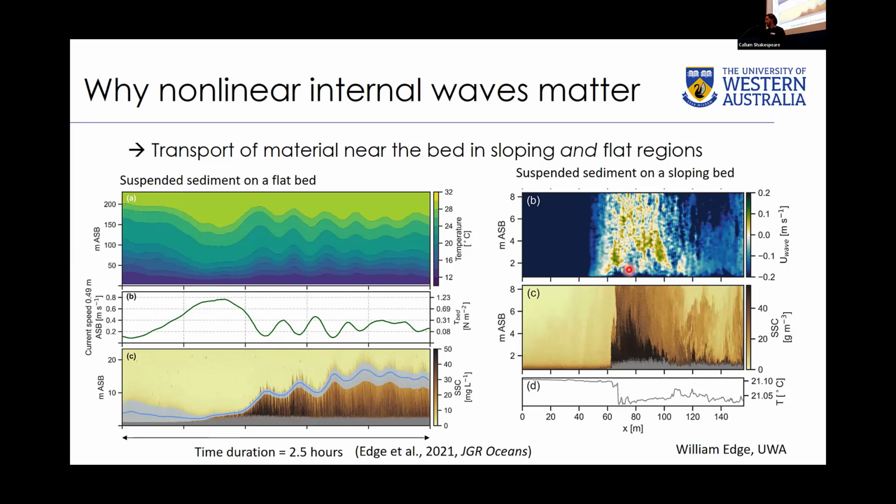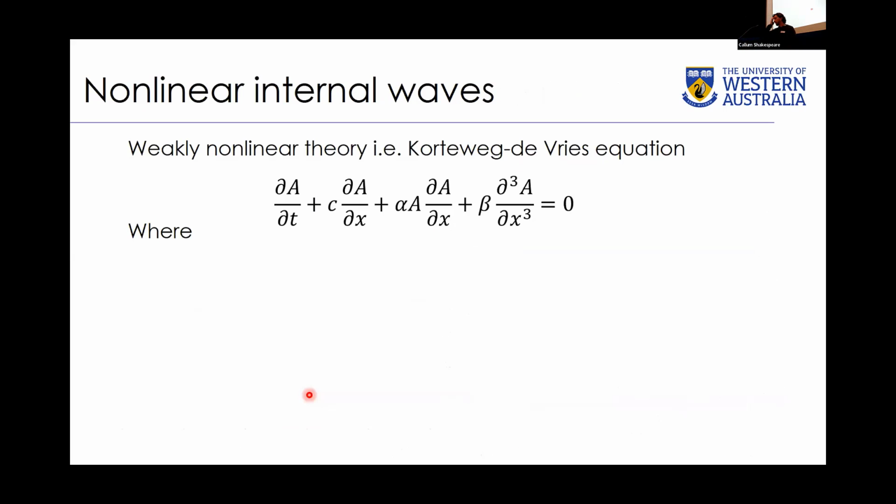Yeah, so anything to do with transport of materials or mixing of materials away from the bed, these waves are important. So to start looking at why nonlinear internal waves occur in the tropics relatively commonly,